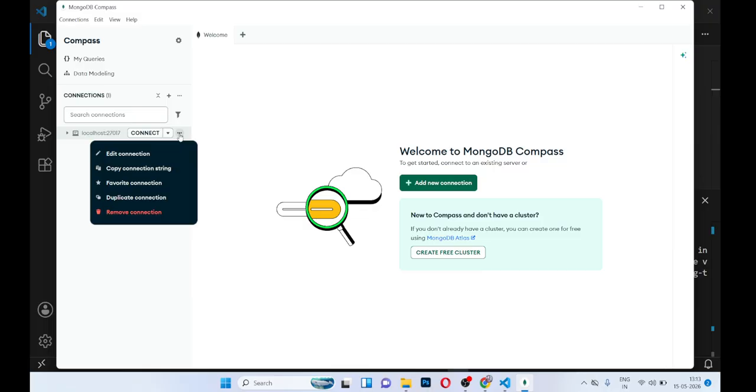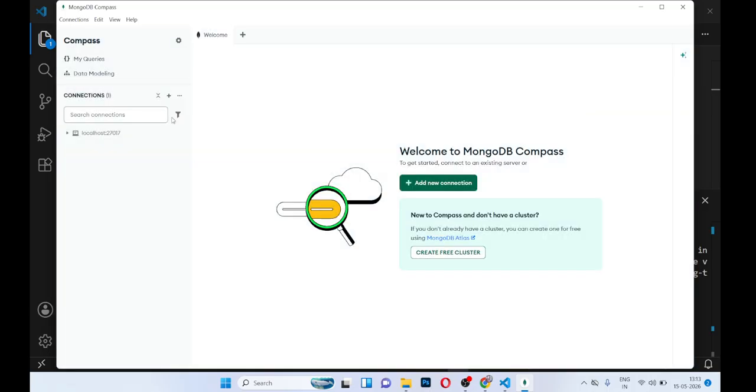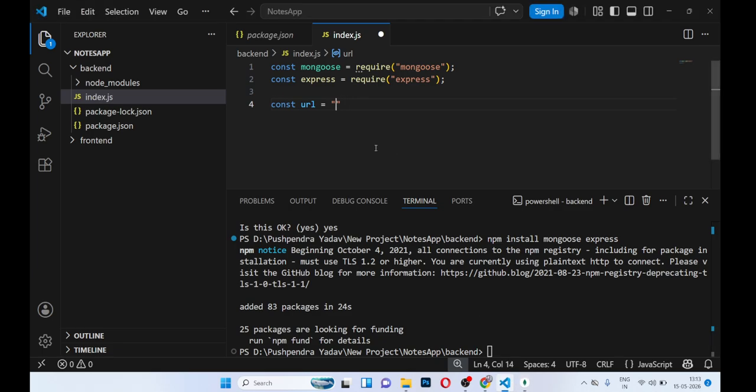We will copy this URL, go to edit connection, and here we cannot copy it, so we'll manually type it, localhost 27017. mongodb://